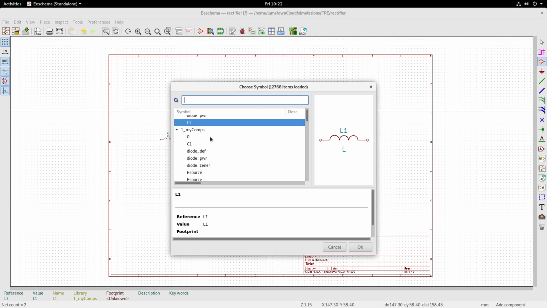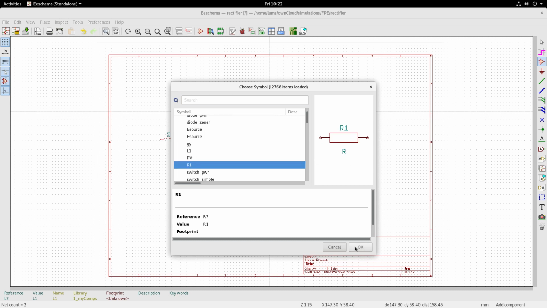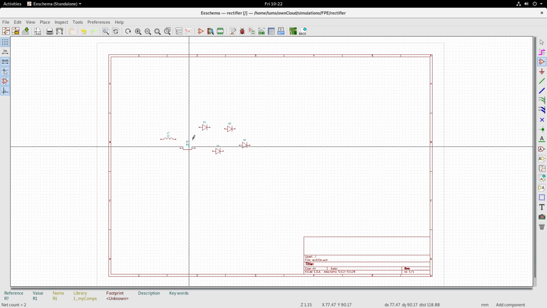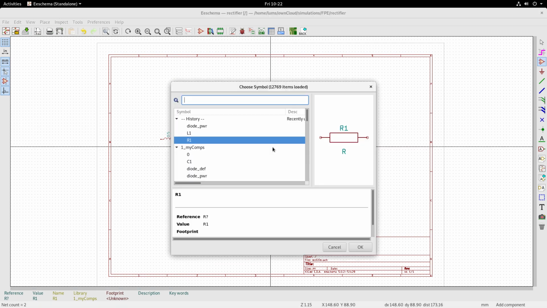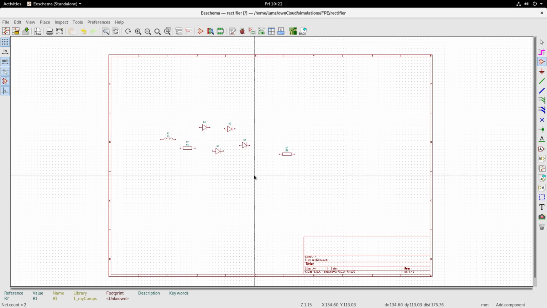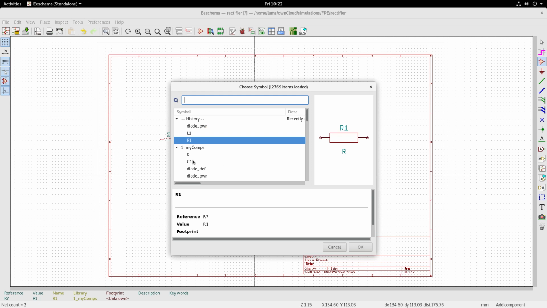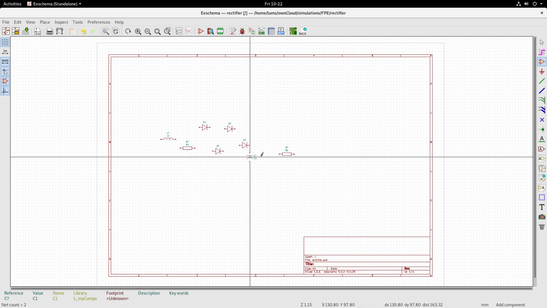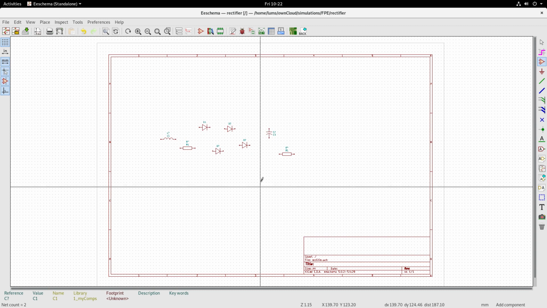I will also pick resistance. One more resistance for load. Then I need capacitance, because this is the rectifier capacitor filter, important component.